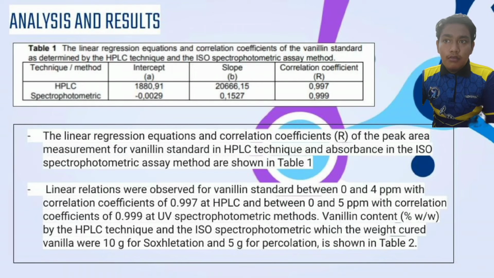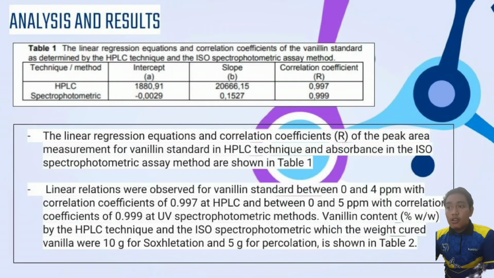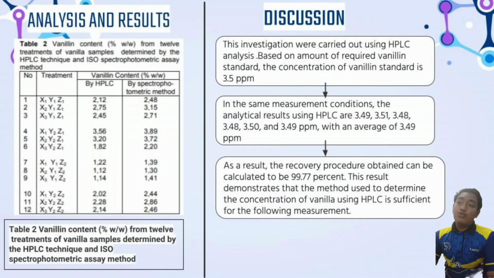Vanillin contents by the HPLC technique and the UV spectrophotometric method, according to the way we cured vanilla, were 10 grams for oxidation extraction and 5 grams for percolation, as shown in table 2. Now we move to table 2. Table 2 shows the amount of vanillin for the 12 samples determined by HPLC techniques and the UV spectrophotometric assay method. The data shows that for the 12 vanilla samples analyzed, the spectrophotometric assay consistently yields higher values